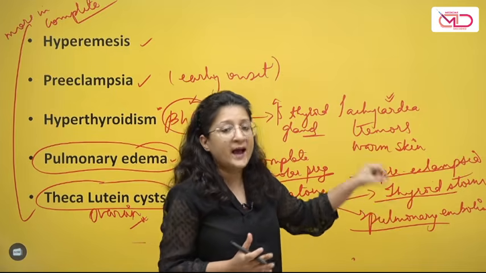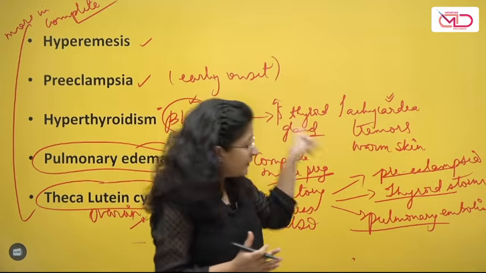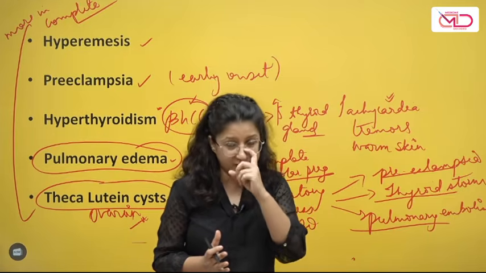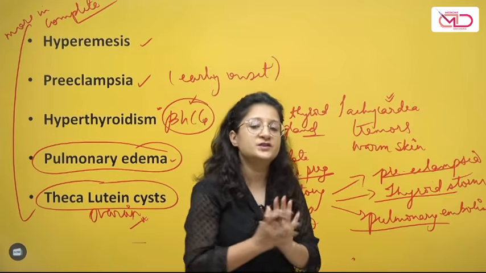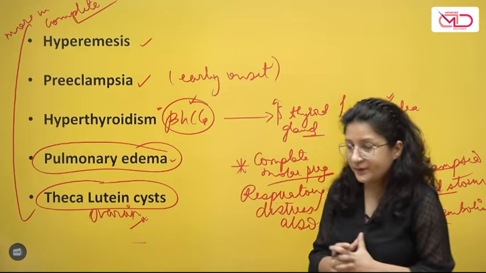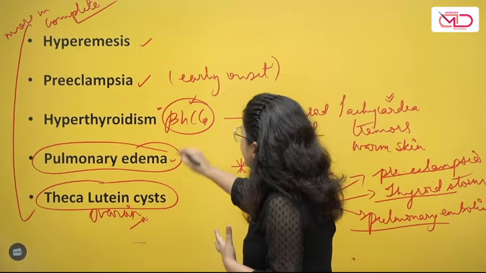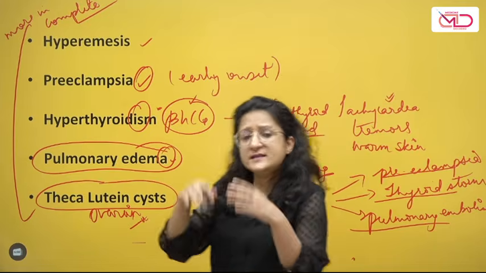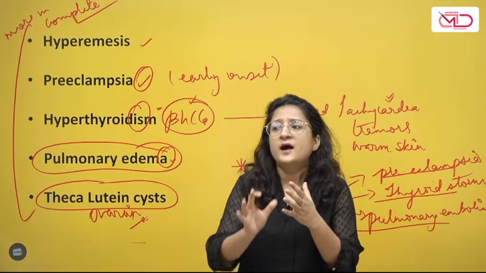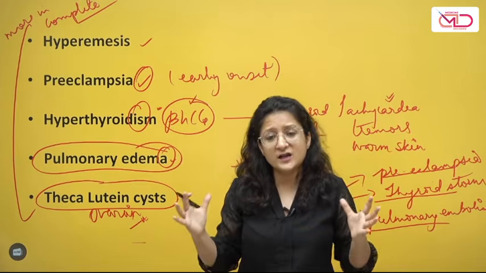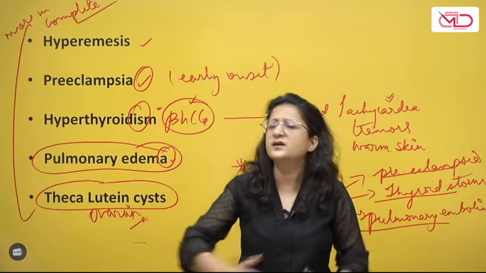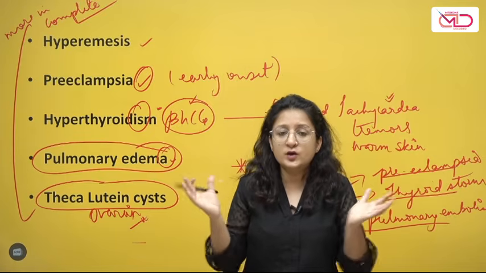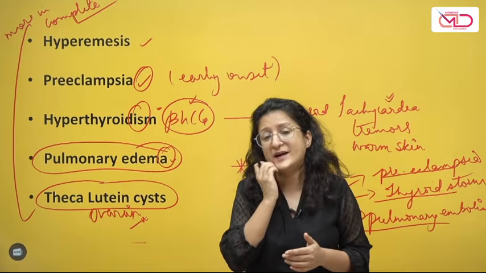Keep your mind open, and if the features are there, then make sure that you check the thyroid levels. Okay, you check the thyroid profile of the woman to see if she's in a thyroid storm or not, right? And usually complications like preeclampsia, hyperthyroidism, pulmonary edema, and all these things, such medical complications happen when the uterus is excessively enlarged, usually more than 16 weeks in size, with a very high beta HCG level, right? So generally, those are the clues which will make you suspect there could be a possibility of these medical complications